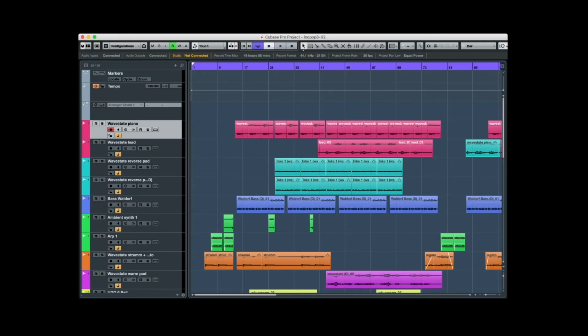Again, one thing to disclose, I do own a Hydrosynth, and I'm aware of how powerful it is. So I knew I was going to use a lot of the samples from Hydrosynth. So again, this Wavestate piano is probably the main sound in the track. It's the layered wave sequenced patch, which is using the Hydrosynth piano.